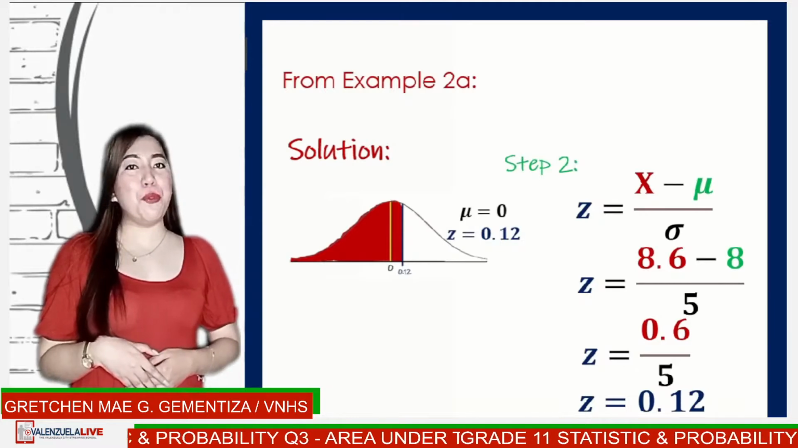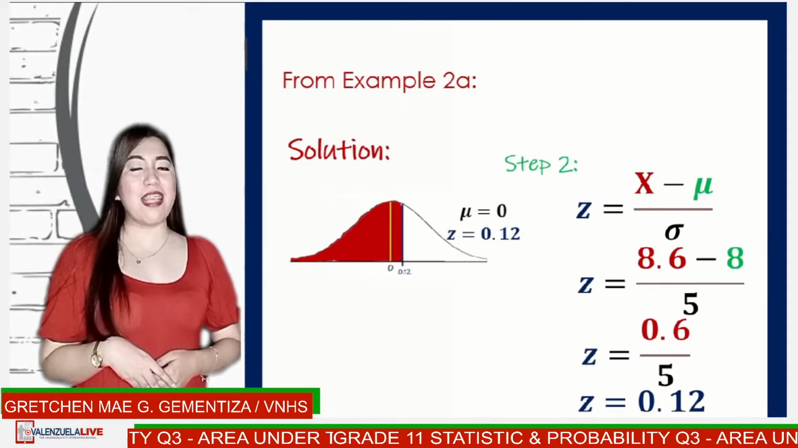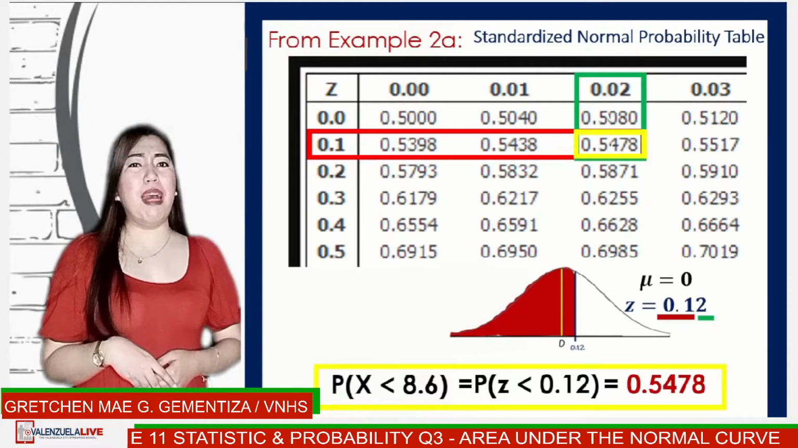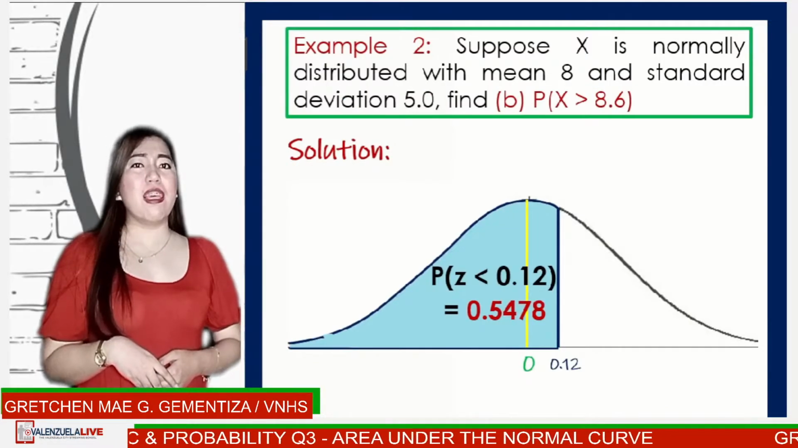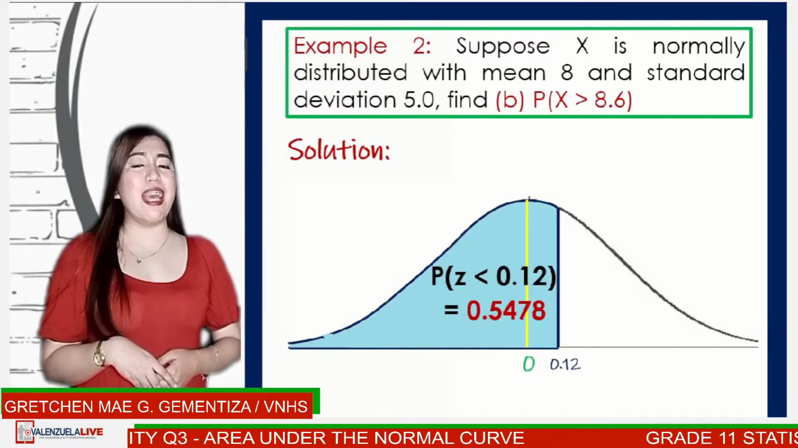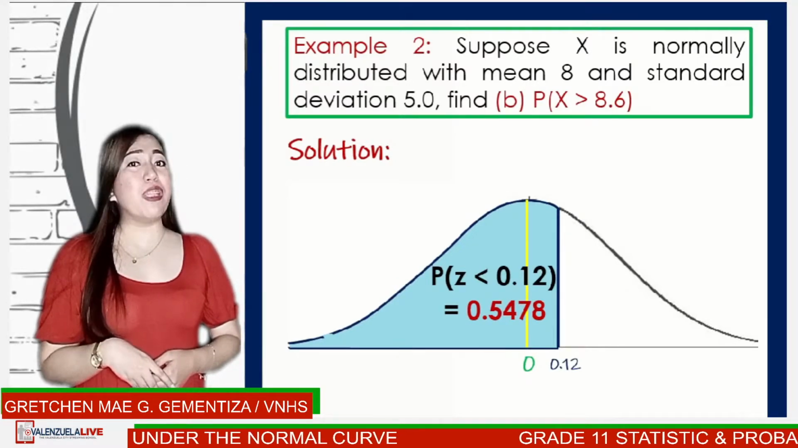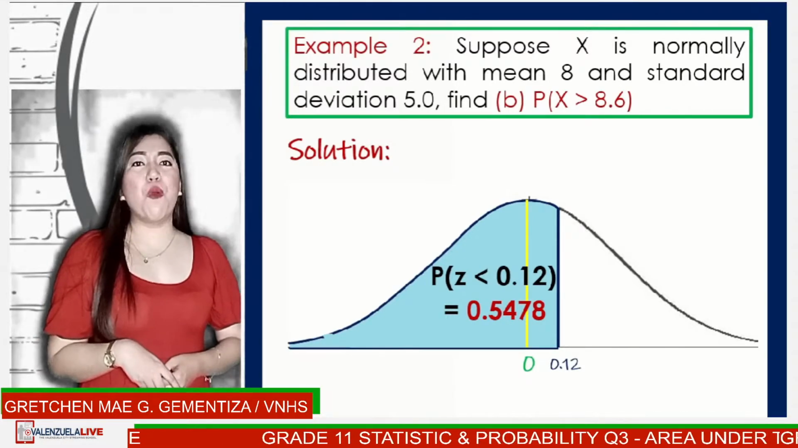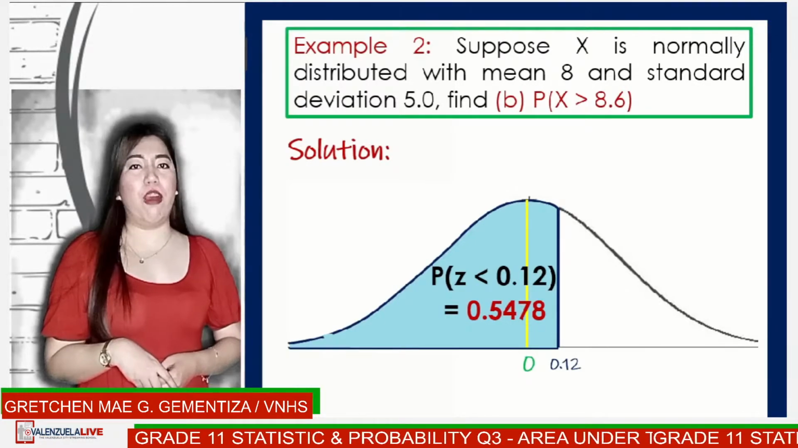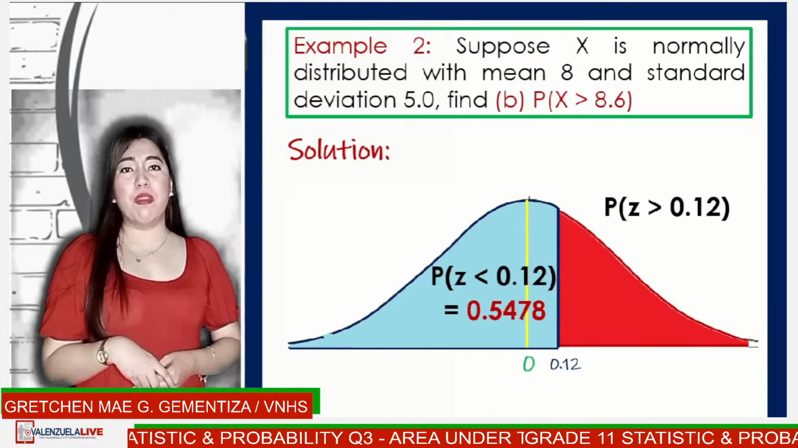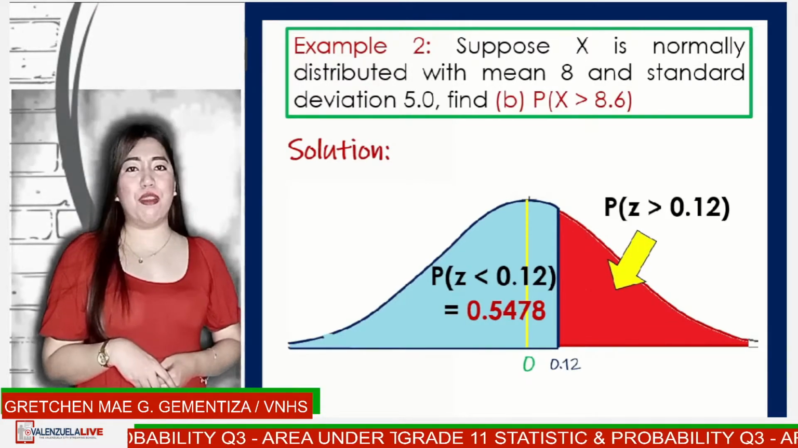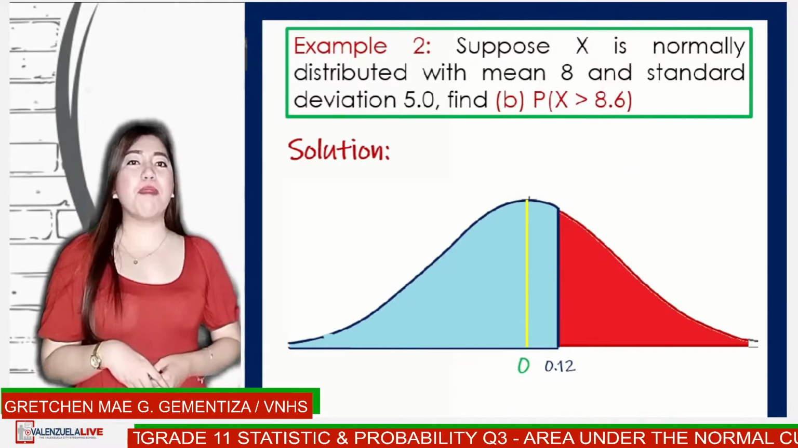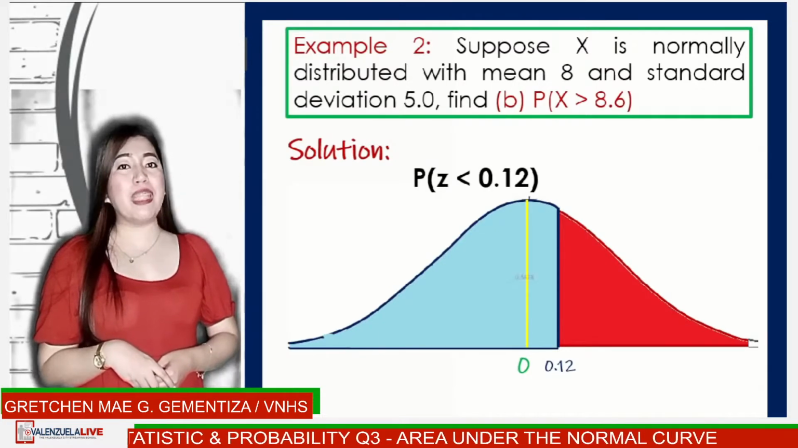Also, we already knew the probability of z-score less than 0.12, which is 0.5478. But 0.5478 is the probability of z-score less than 0.12, which is shown by the blue shaded part of a normal curve. Instead, we are asked to find the probability of z-score greater than 0.12, or the red shaded part of the curve. To solve this, we will apply one of the characteristics of a standard normal distribution, which says that